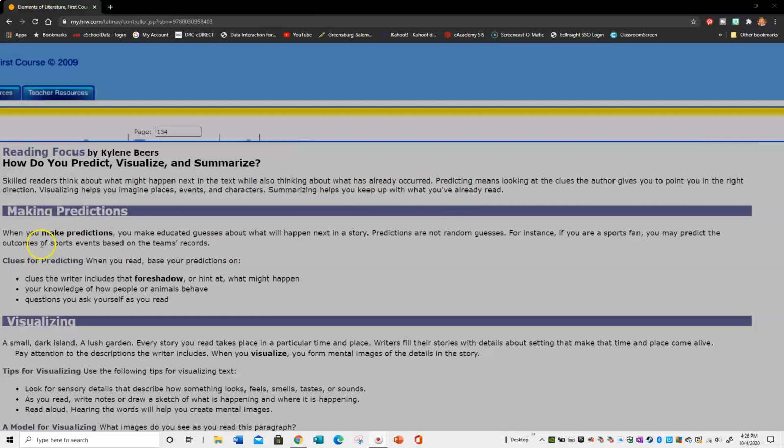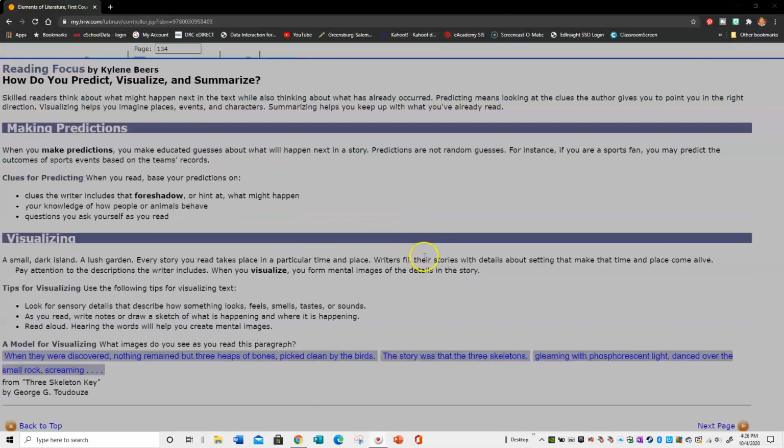Making predictions. When you make predictions, you make educated guesses about what will happen next in a story. Predictions are not random guesses. For instance, if you are a sports fan, you may predict the outcome of sports events based on the team's